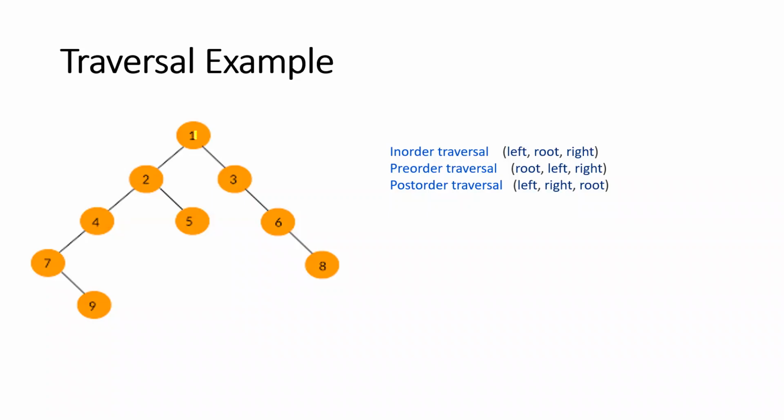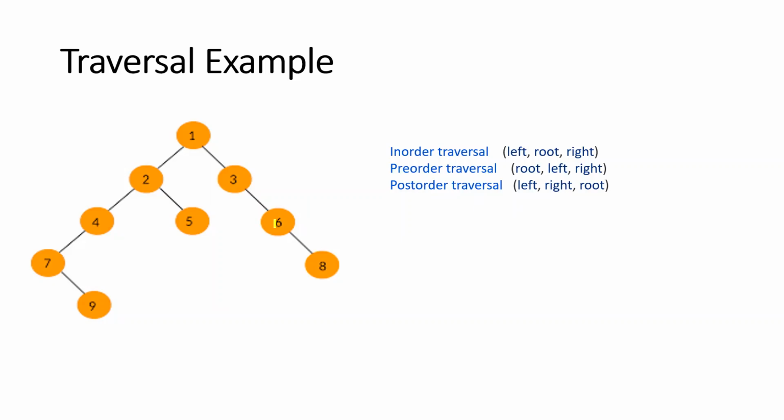Then again it goes back to 1, ma'am. 1's left side is over. Then on the right side we have 3. 3 has a subtree, but it doesn't have a left node, so it will take 6, ma'am. 6 is also the root node of another subtree. It doesn't have a left node, so it will not print 6. It will print the right node, 8.